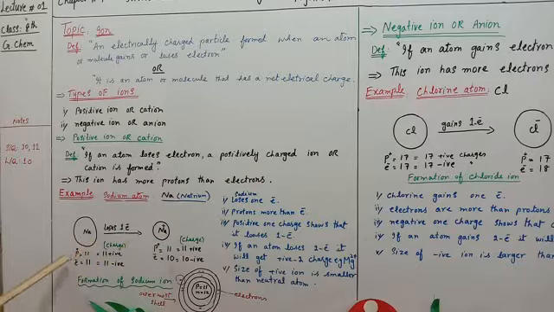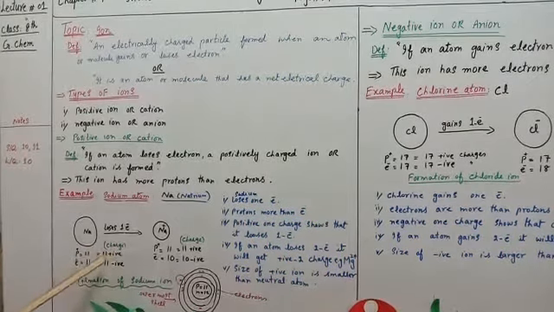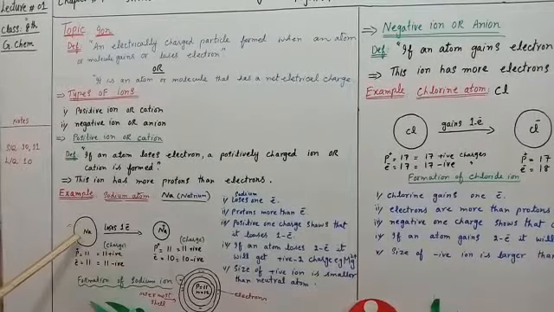Sodium atom carries 11 protons. We have already studied that one proton carries positive 1 charge, so 11 protons carry 11 positive charges. Electrons are also present in this atom, 11 of them, so 11 negative charges are present. And I have already told you that an atom is electrically neutral. These 11 positive charges and 11 negative charges balance each other, and this atom as a whole is